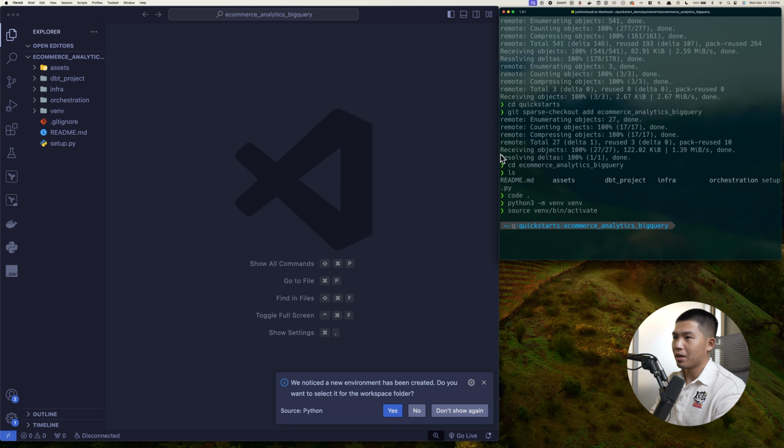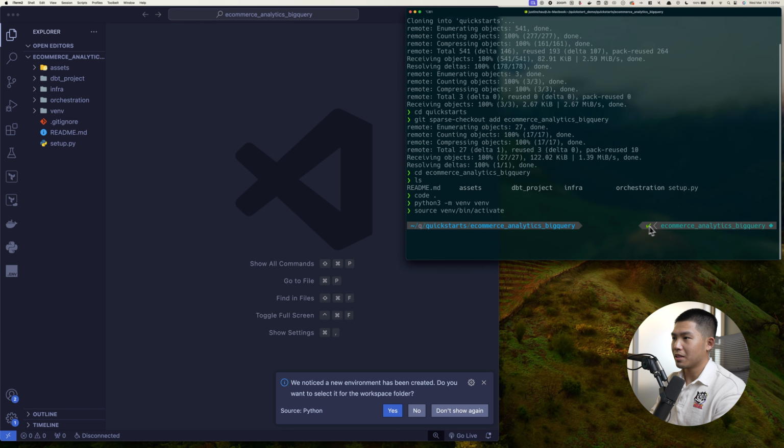And if I open up the terminal here, we should be able to see that we are inside of the e-commerce analytics BigQuery virtual environment. If I collapse it, it'll go away. That's just my specific terminal, but you should see something that notifies you that you are indeed in the virtual